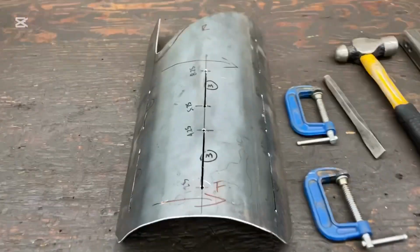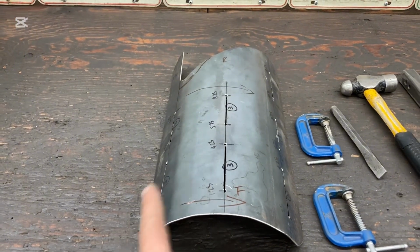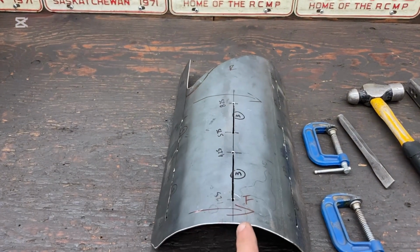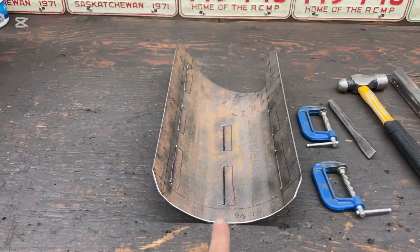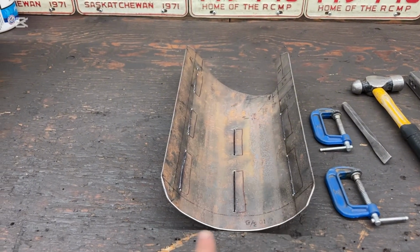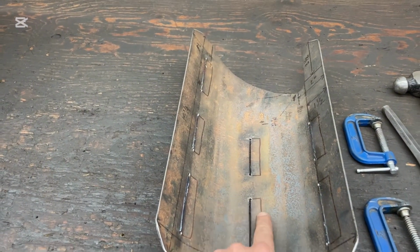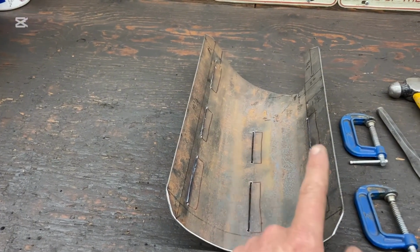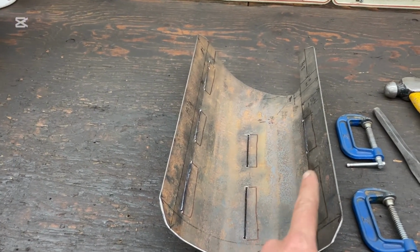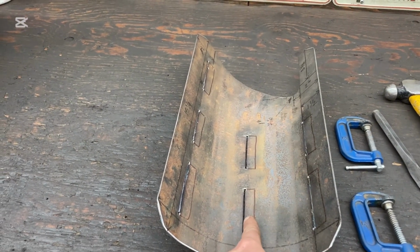And now what we want to note is that the direction of rotation on the engine is clockwise. That's the rear of the engine. This is the front of the engine. Rotation is clockwise. When we flip this over, it's going to continue to be clockwise. We want to hammer down this side of the slot, so that metal is going to be down. And then when the oil comes in, centrifugal force will hit the metal and hopefully force it out